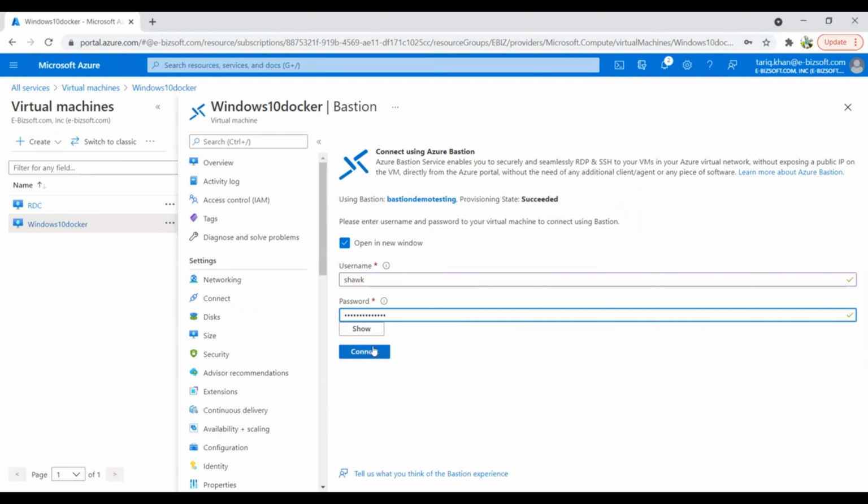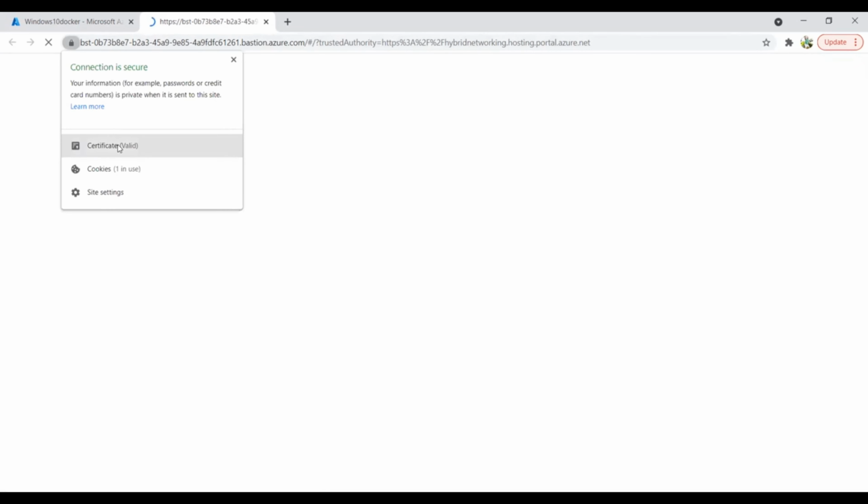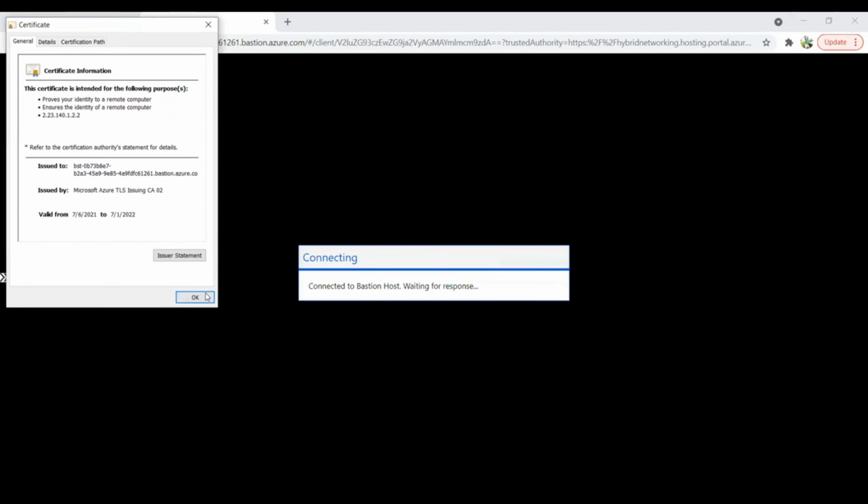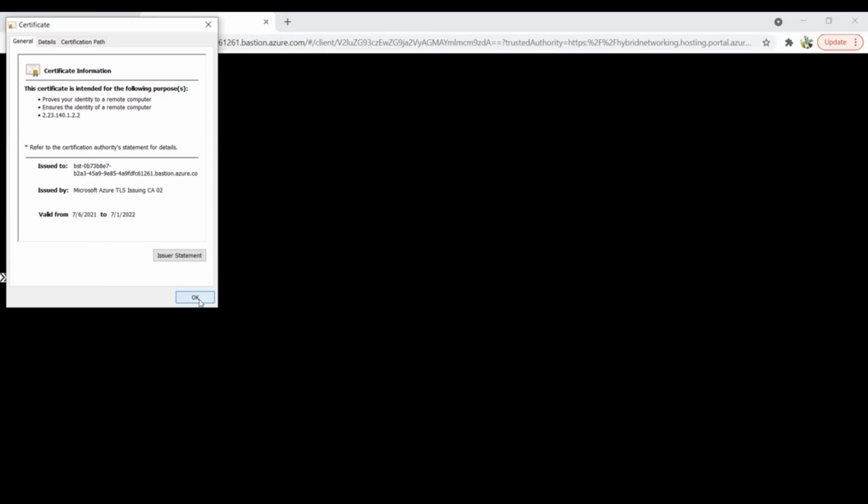And here we go. Now we are using Azure Bastion for this remote connectivity, and here you can see the security options. And if you want to verify, here you can see Microsoft Azure TLS issuing CA02 certificate for securing this remote desktop connectivity.